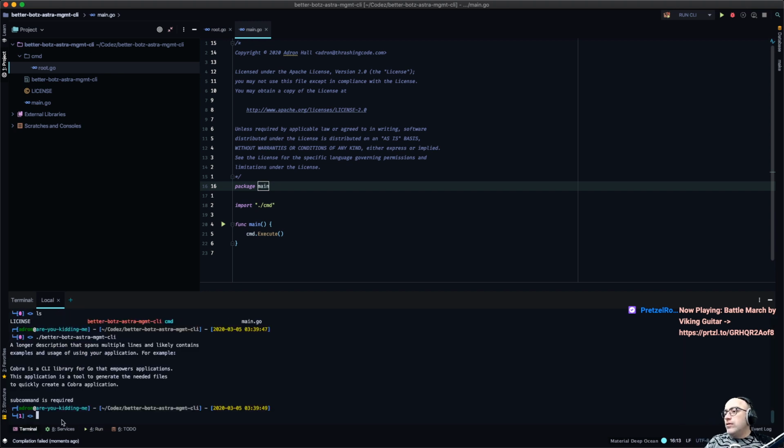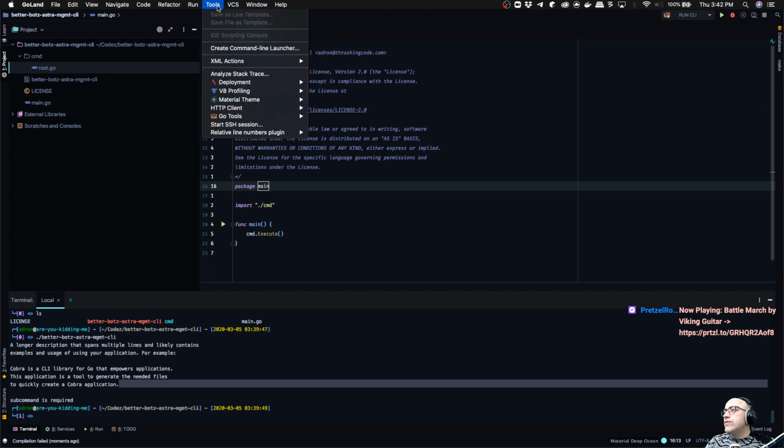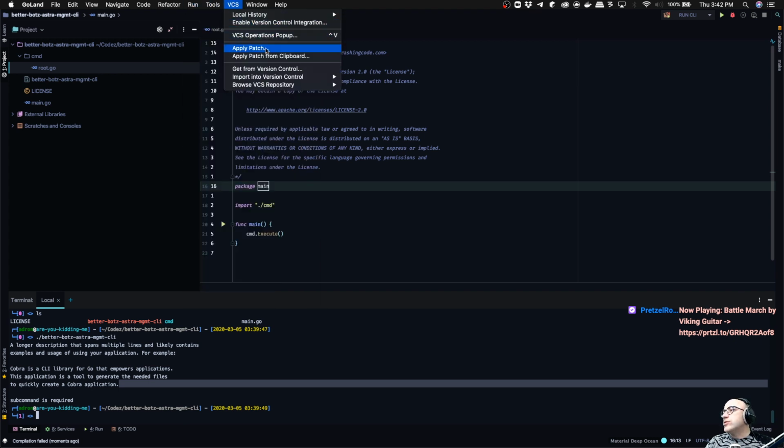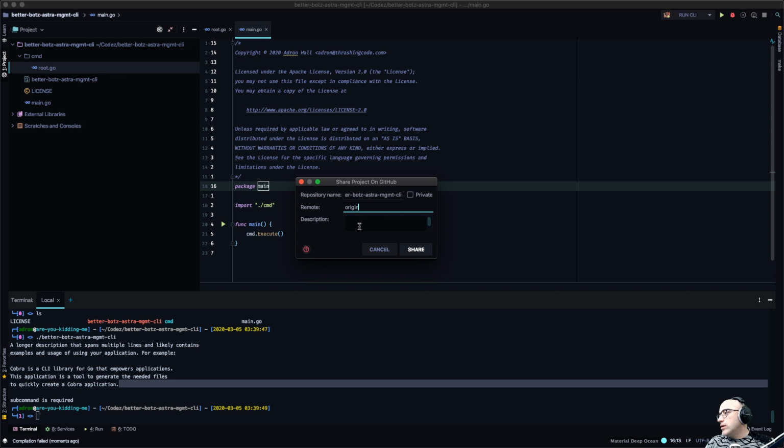The next thing we need to do is add, okay, so you can add the VCS stuff through here. And I'll go ahead and show the tool just in case it's useful. Import through the control browse, VCS, blah, blah, blah. Create git, share project on GitHub. Let's do this. There's Nyancat working again. Like I said, Nyancat is badass. He does all the shit for us. The real hard worker. Yeah, we're gonna do origin,